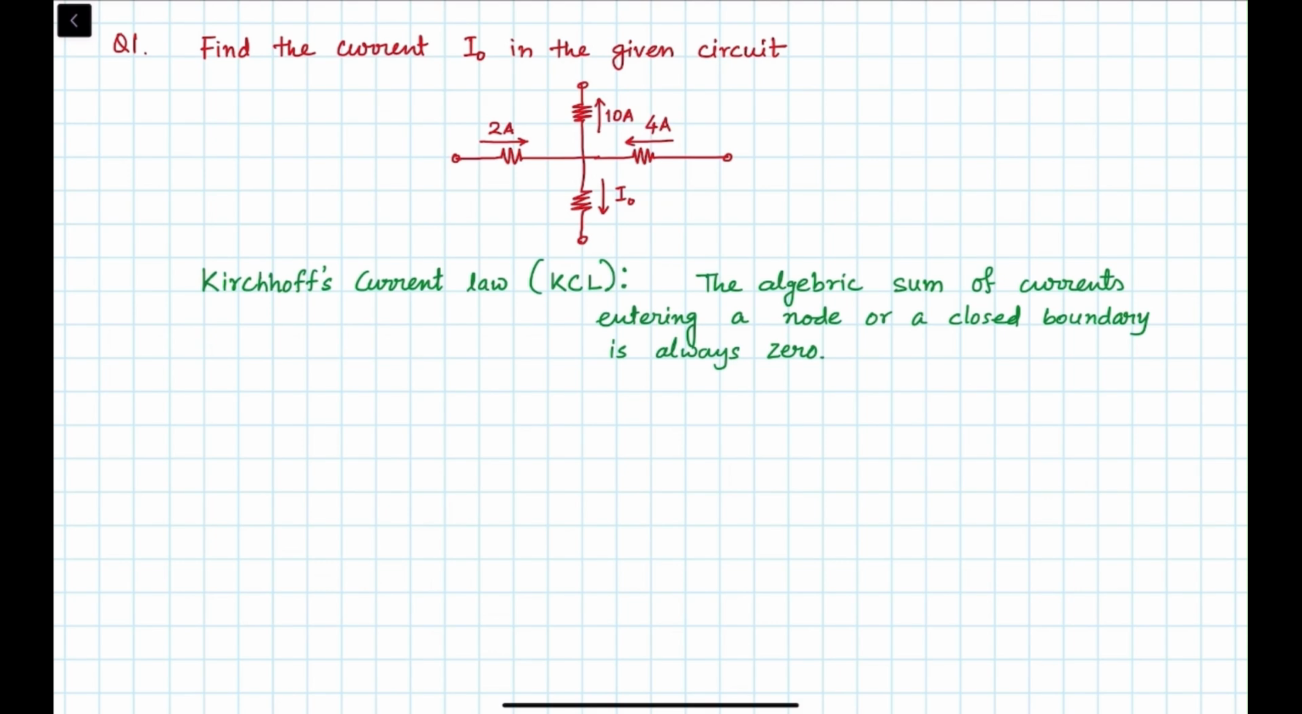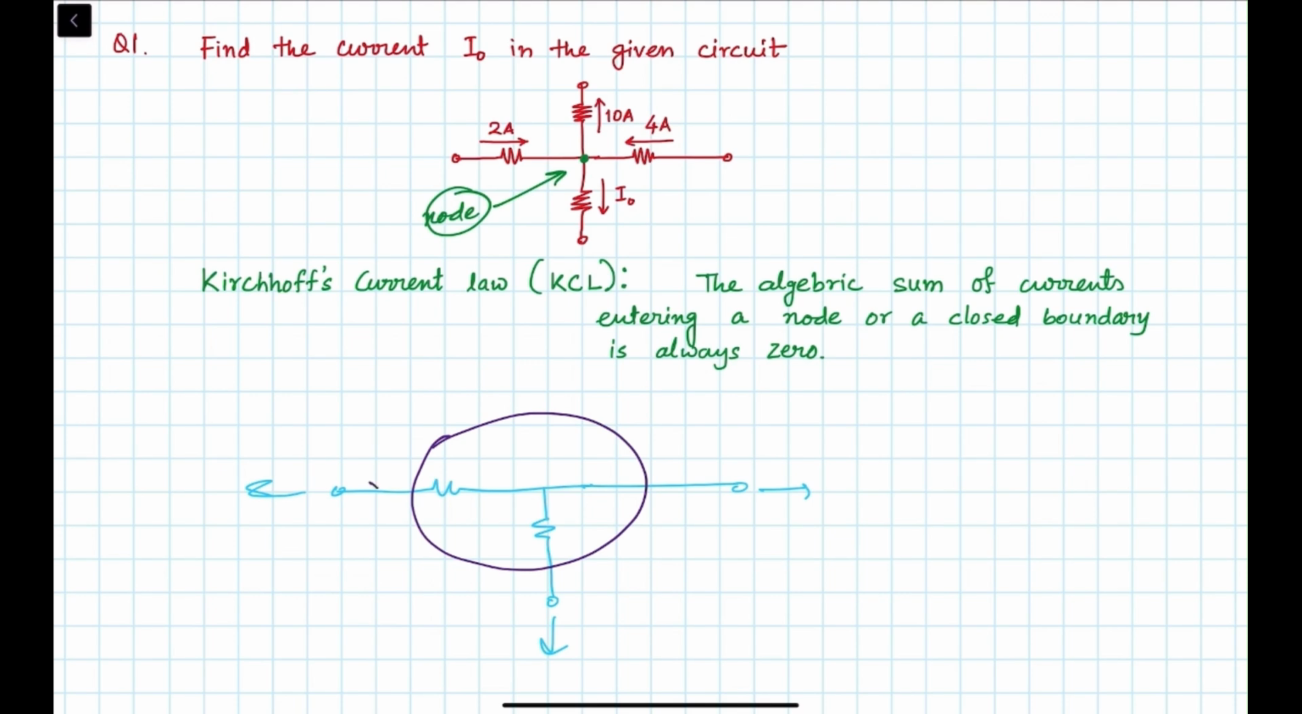Now what is the meaning of a node? A node is basically a point where you can connect multiple components, and like in this question you see that there is a point in the middle, we will call it a node. You can also take this node as any point in the circuit, and it will still follow this law. And a closed boundary is like, suppose I have a circuit like this, and there is something else on this side, whatever. Now if I draw a boundary like this,